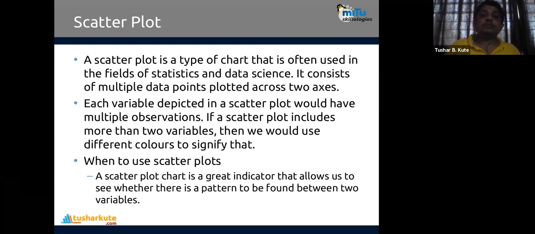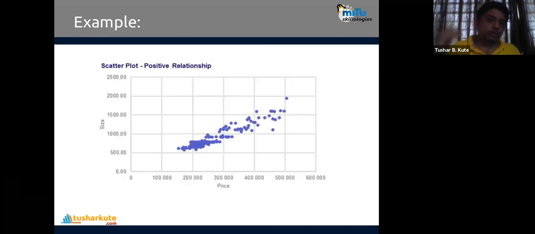Each variable depicted in a scatter plot would have multiple observations. If the scatter plot includes more than two variables, then we use different colors to signify that. So groups, patterns, you can check it out. Two advantages of this scatter plot. The first advantage is that we can check the linearity between input and output. In linear regression also I use this particular plot.